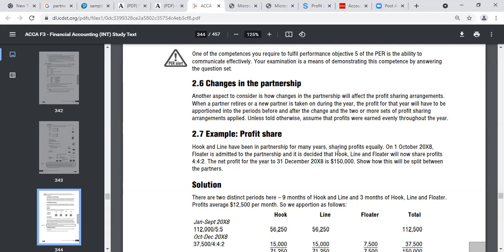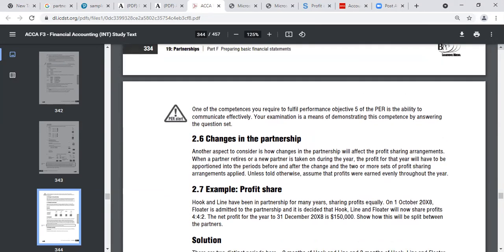We have a case where a partner retires, like I indicated earlier on. It means that we have a change in profit sharing ratio. Also there are cases where an additional partner joins. So we have an example right here. Hook and Line have been in a partnership for many years, and they have been sharing profits equally. So on 1st October 2018,